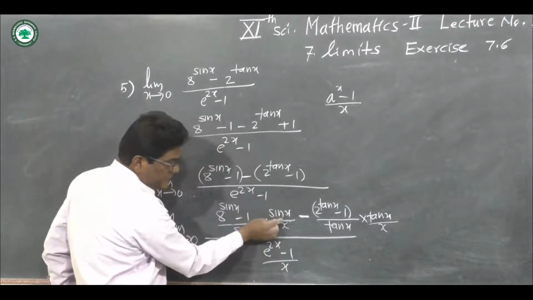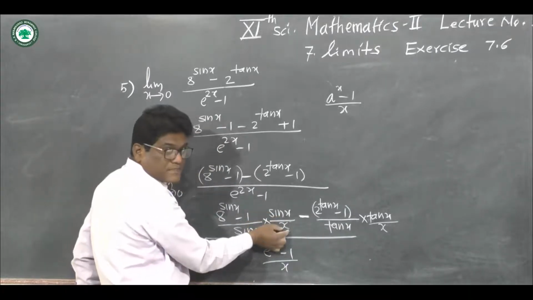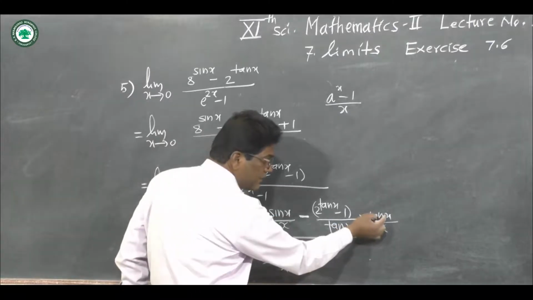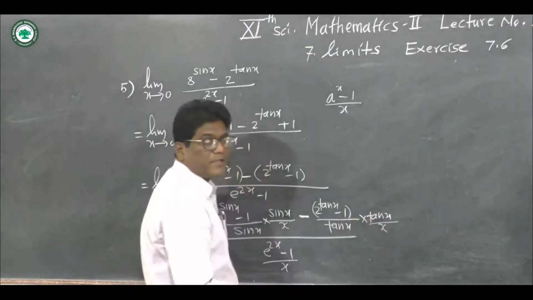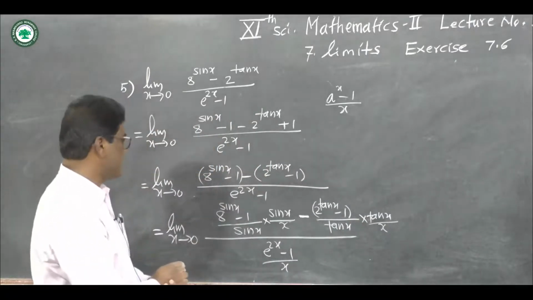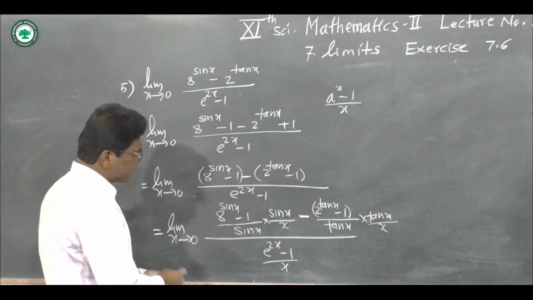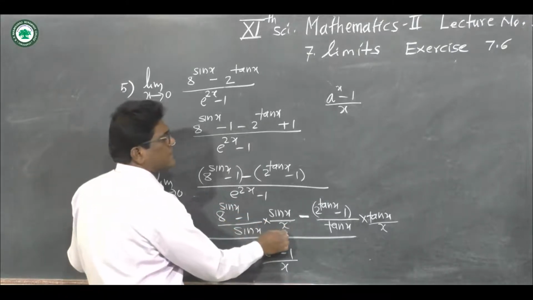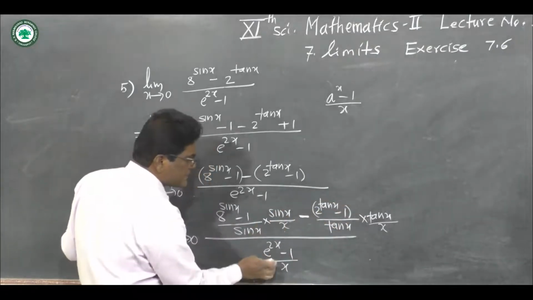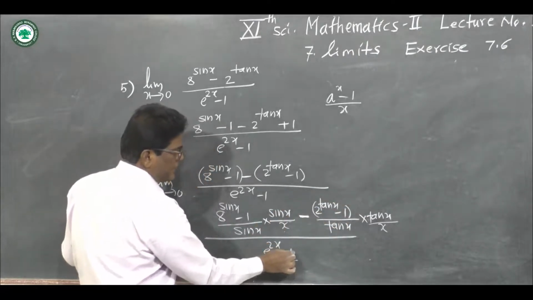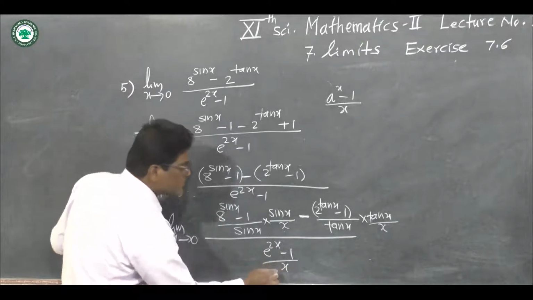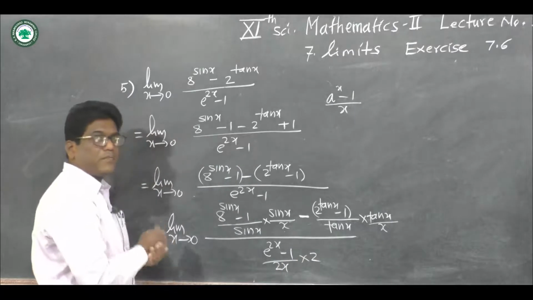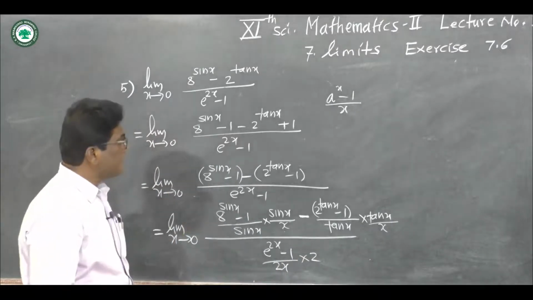Here below sin x we write this x, sin x upon x, because we use the standard formula. And here we write tan x upon x, so that we can use the standard formula. Okay. Now here 8 to the power sin x minus 1 upon sin x, and here sin x upon x, which also adjusts to the standard formula. But here e to the power 2x minus 1, we want here 2x. So take 2 and multiply by 2. Now separate the limit for every term, we get